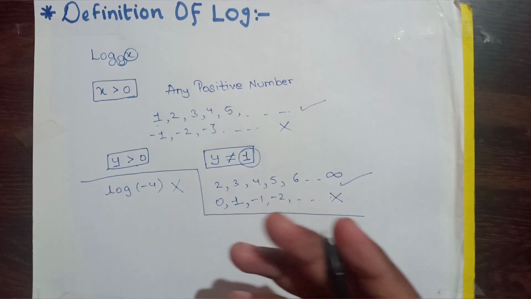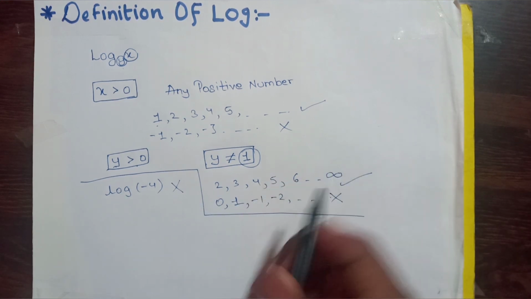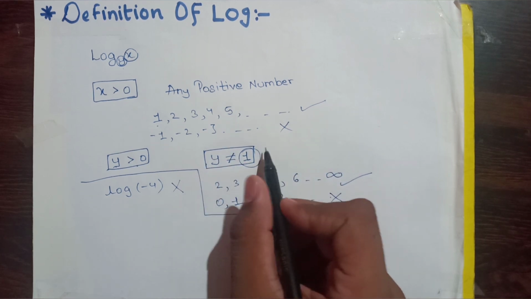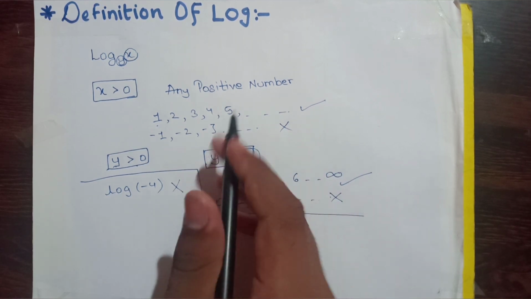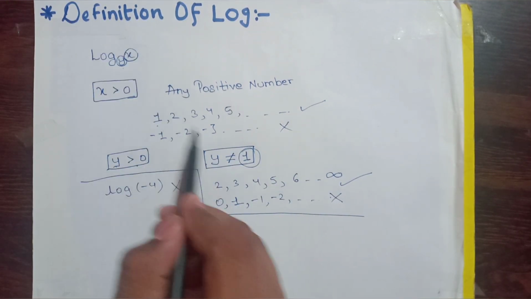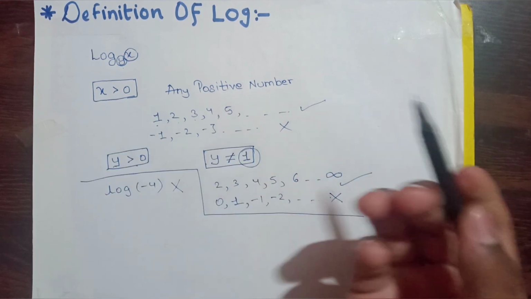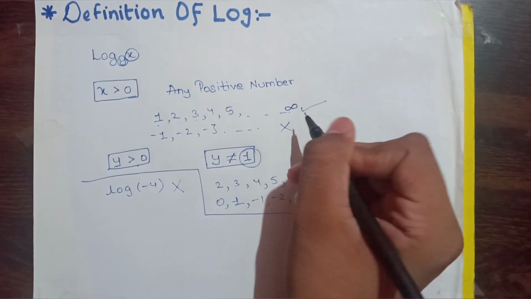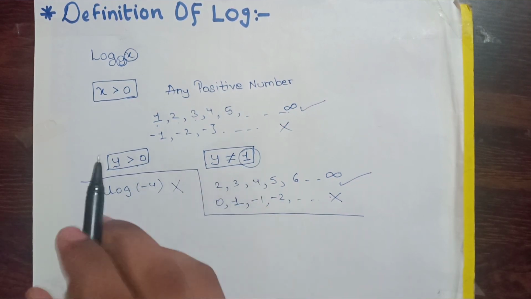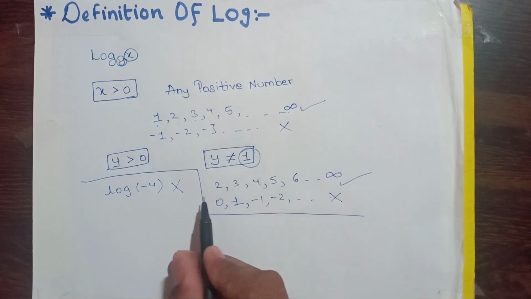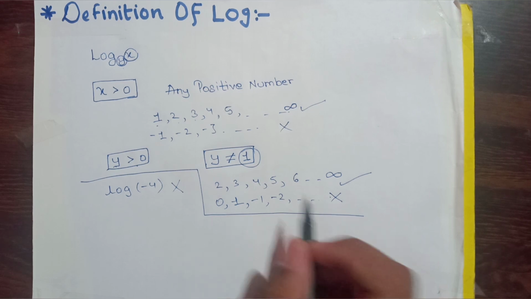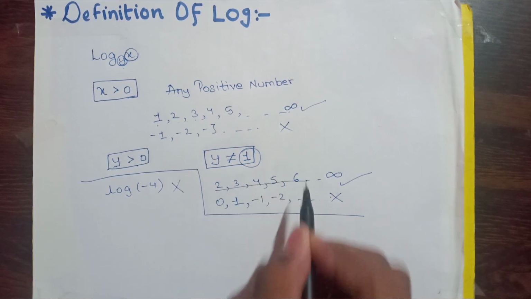And the international councils which have proven this also have listed these guidelines: we can't find the logarithm if it's in the base. If it's in the number, we can find the log of 1, 2, 3 till infinity, but it doesn't happen in the base. In the base we can't find the log of 0, 1, or negative numbers, and in positive numbers we can find it.